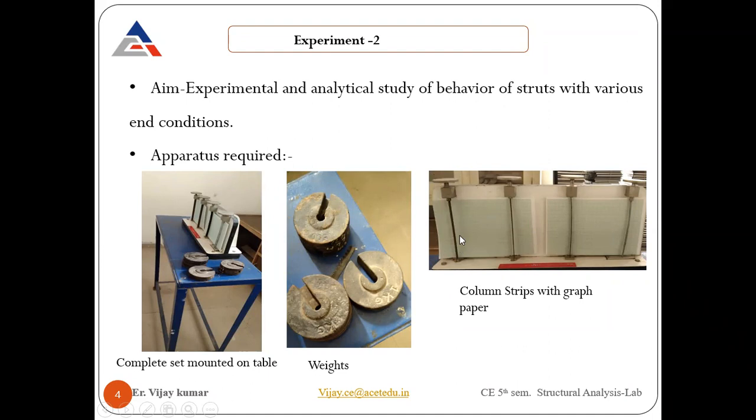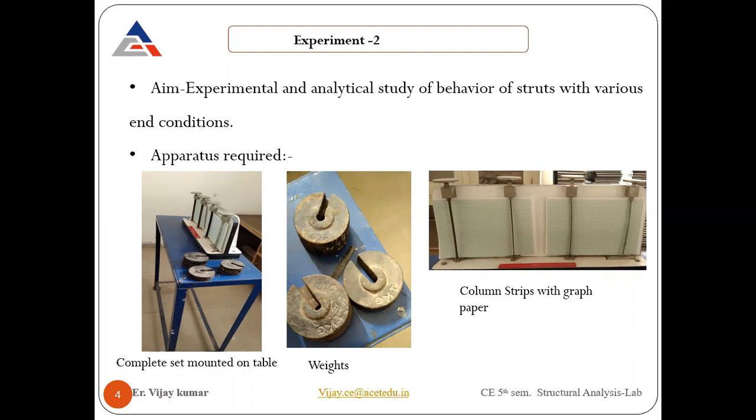Once the load is applied, it might get deformed depending upon its capacity, because, as we know, the load carrying capacity, the crippling load or buckling load, depends on the effective length.